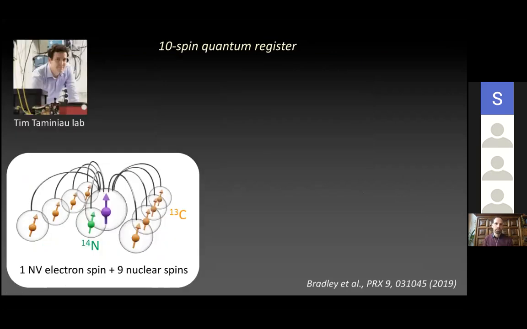Just final words on these nuclear spin registers. Just want to give you an idea of what are the most recent capabilities. And this is work done by my colleague Tim Taminiau. So it's really work from his lab, mainly depicted in this paper, and also a paper published in Nature this year that looks more at the sensing side of these things. He took an NV center, used the intrinsic nitrogen-14, the N of the NV center, also as a qubit, and 8 carbon-13 nuclear spins in the environment that he could control.